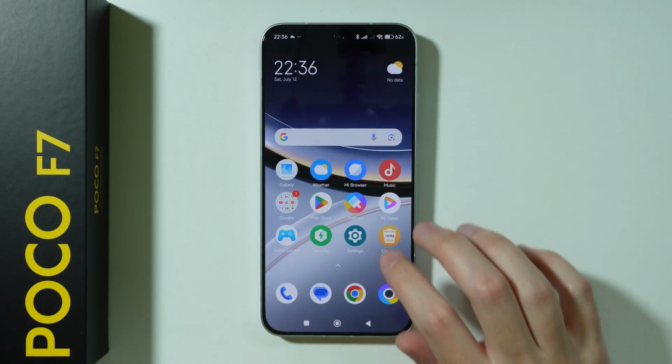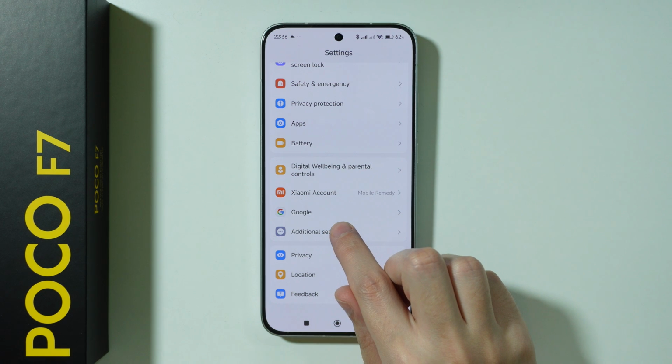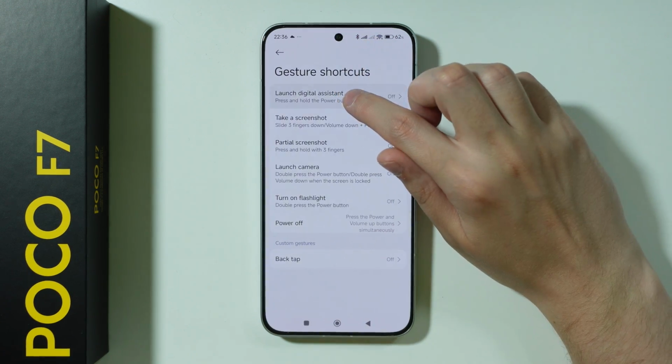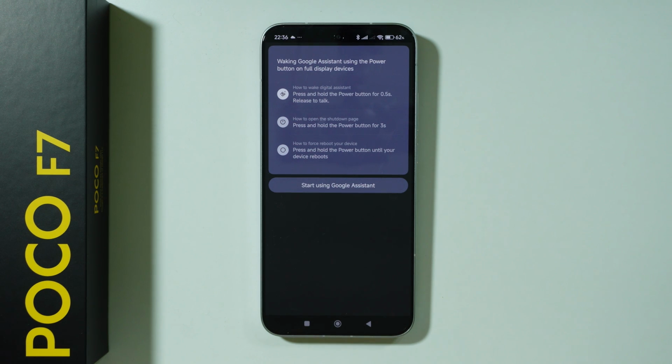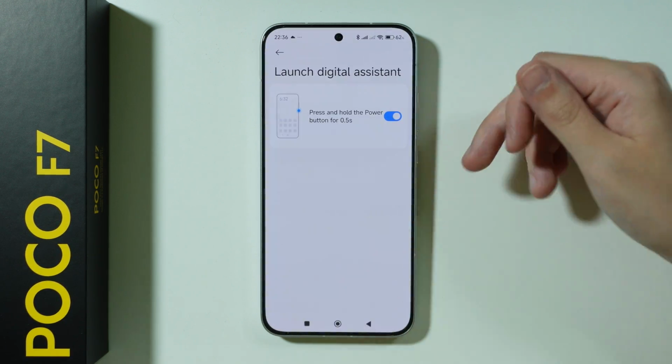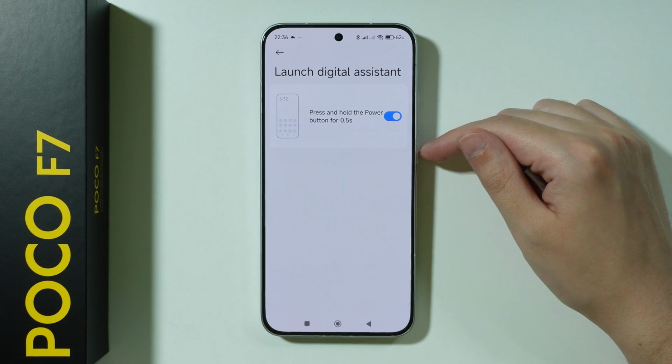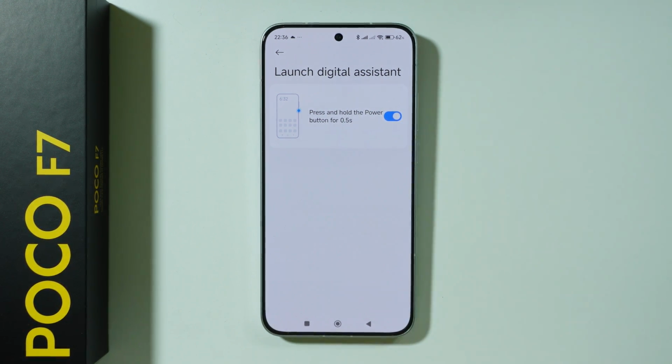And last but not least, we can also go to settings, then go to additional settings, gesture shortcuts, and over here we have launch digital assistant, which we can enable if you want to use the power button to activate the assistant. So you can press and hold the power button for half a second in order to activate the